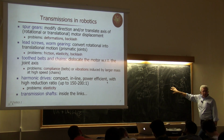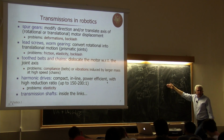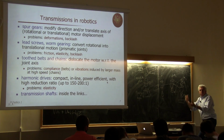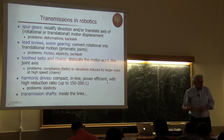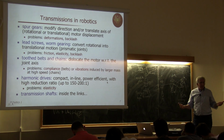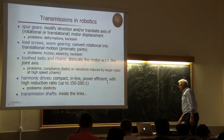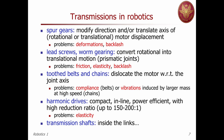If you put the motor here and you're trying to move the structure, you have to move the link weight plus the motor weight. Okay? So you need a larger motor to give the same acceleration to the actual structure. Okay? So this is the simplest example that I can imagine of an advantage of relocating motors and using transmission elements like this. Actually, just to continue in this example, there is another set of transmission and reduction elements which are called harmonic drives, and we will see them